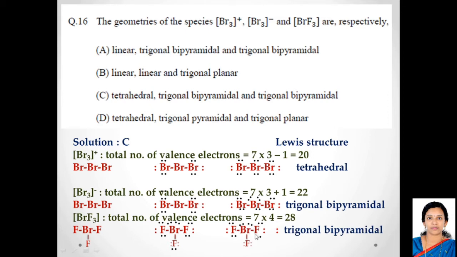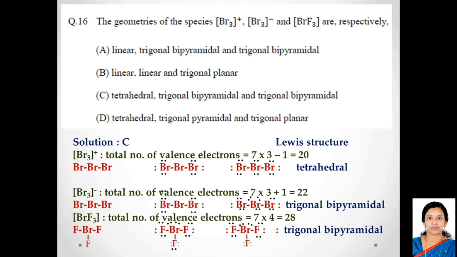Now what is the best arrangement for having 2 lone pairs and 3 bonded pairs, so as to have minimum repulsion between them? That's again the trigonal bipyramidal arrangement. In the trigonal plane, you will have 1 bond pair and 2 lone pairs, and then above and below the plane you will have 1 fluorine each. In that way you will have the least repulsion between the 2 lone pairs, and between the lone pairs and the bond pairs. So again, trigonal bipyramidal is the best arrangement for bromine trifluoride. You can also call it a T-shaped structure.